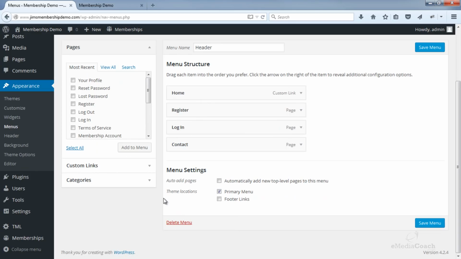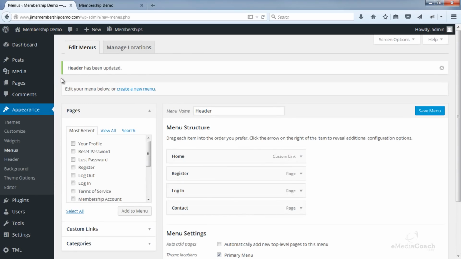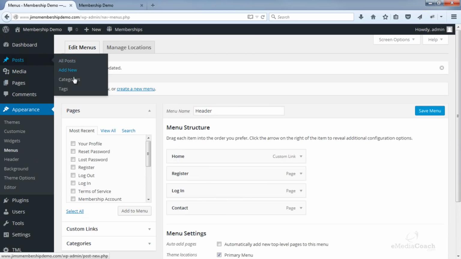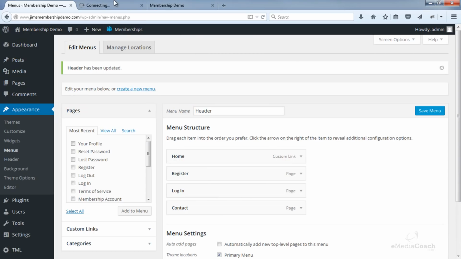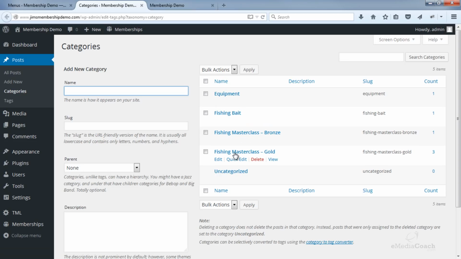So there's a couple of things which I would recommend you to do. Once you've got a number of posts in different categories, what I would recommend you do is add a menu item for that particular category. So if I go to categories and say this item here, this category has a number of articles, and we want to add that category to the menu so that when users come to the site, they can click on this category and see the list of all the posts you've made within that particular category.